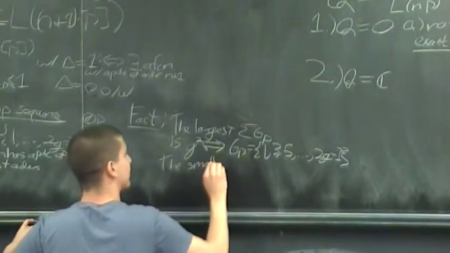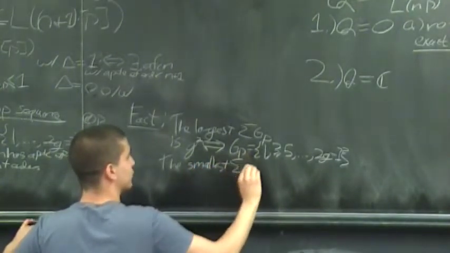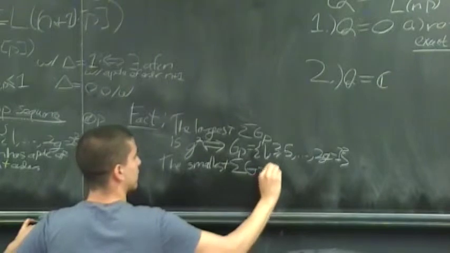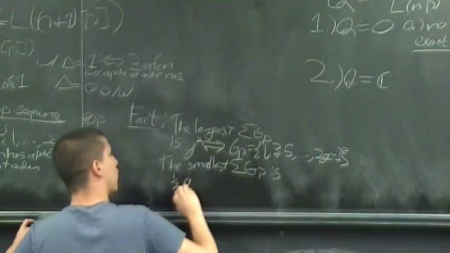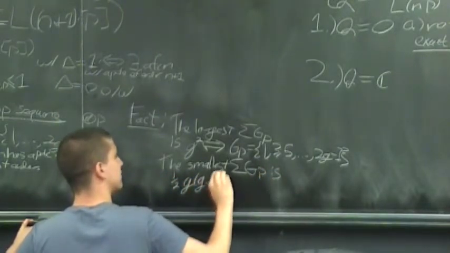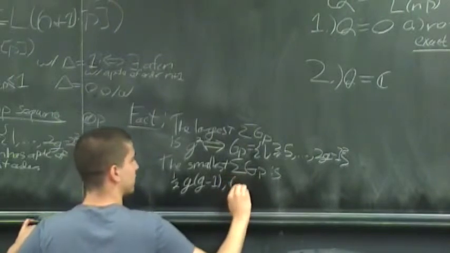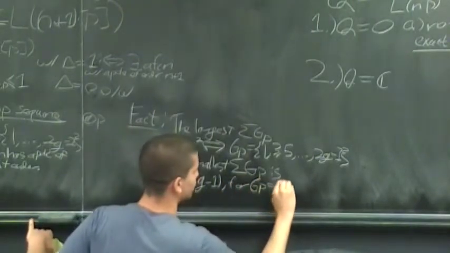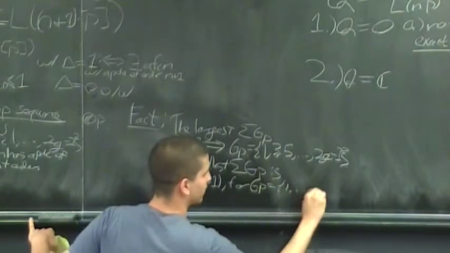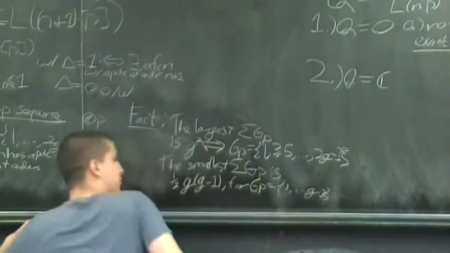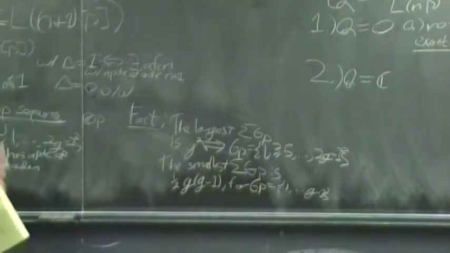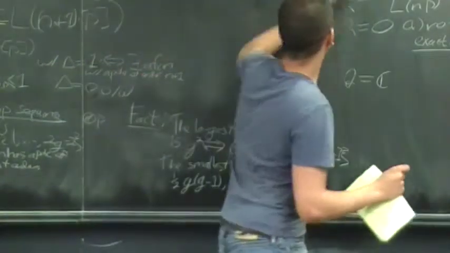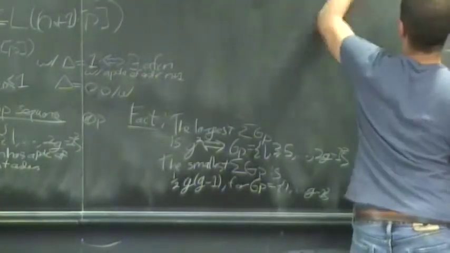The smallest, however, is exactly the one that you would think. It's 1/2 g times (g minus 1), and that happens exactly when the gap sequence is just the first g minus 1 integers, from 1 to g minus 1. So this leads us to the main definition that I want to talk about, which is